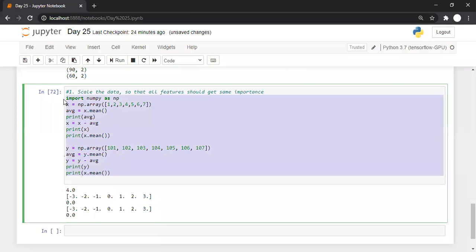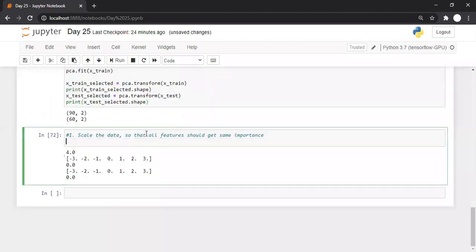So this is the first step in principal component analysis, that you are scaling the data. But for scaling the data, standardization is not the only option. There are many other ways, like you can do normalization, you can take the L1 norm, L2 norm. There are n number of methods available. You can use any method for standardization.